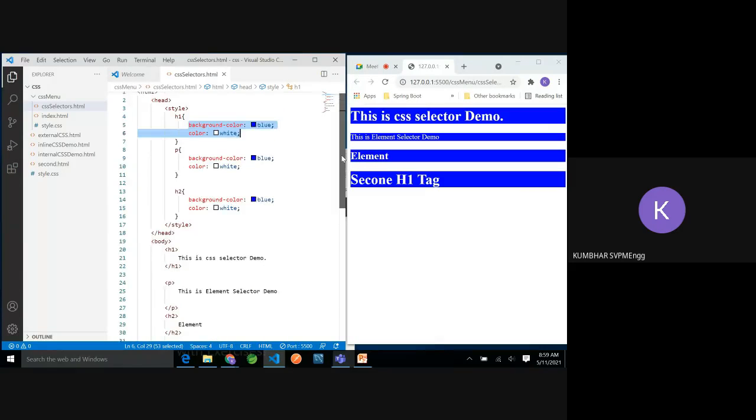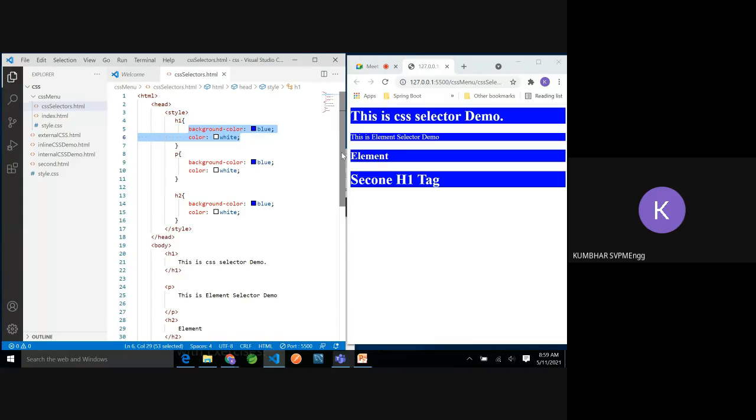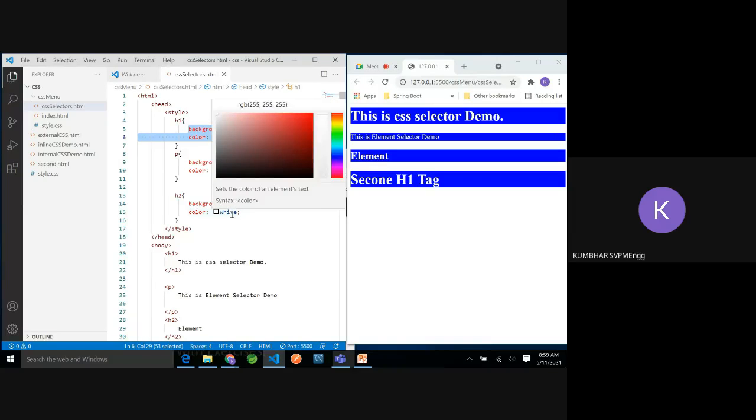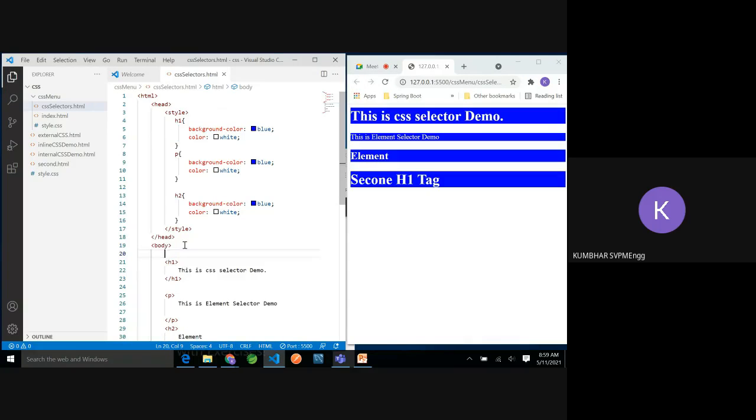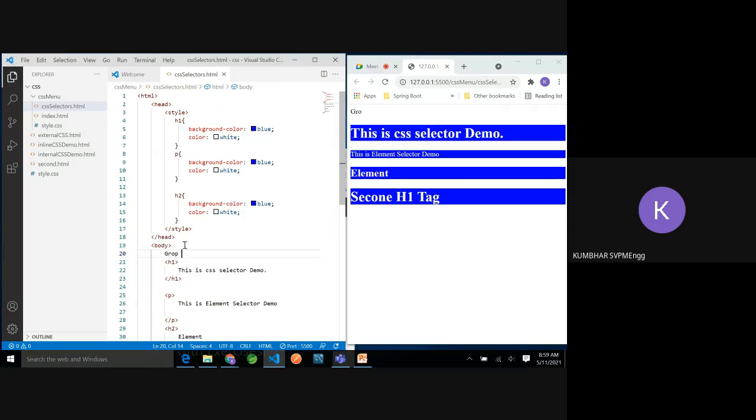Yes. So here I'm going to share with you the second type of selector, which is called the group selector. So what this group selector is, you can combine one or more elements in a single style.